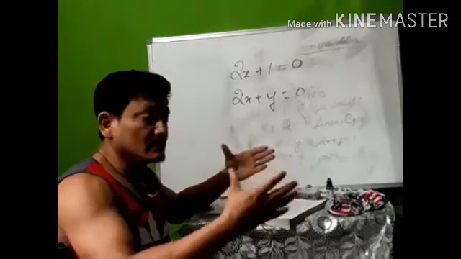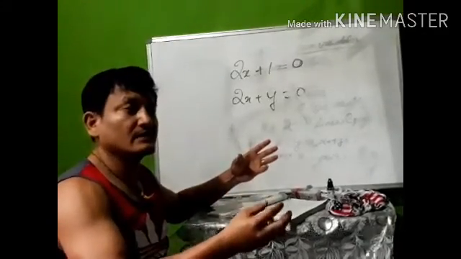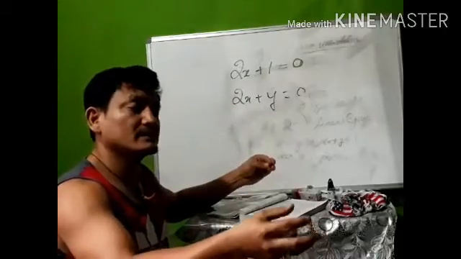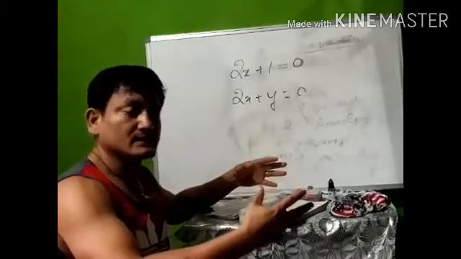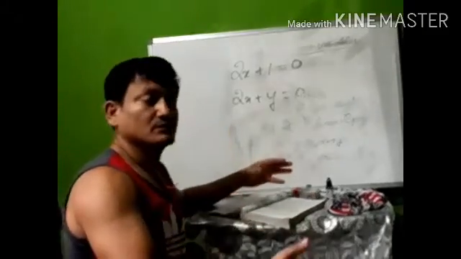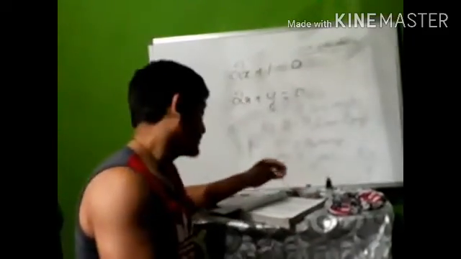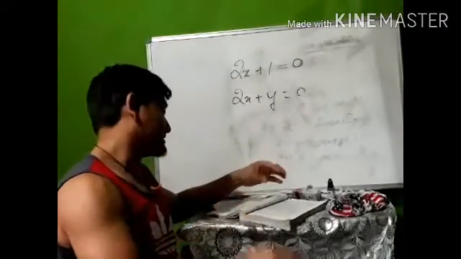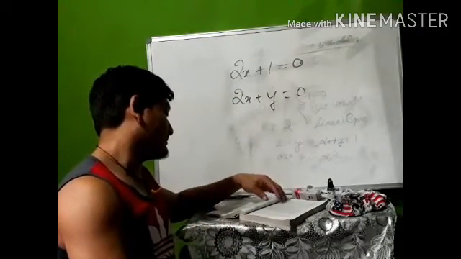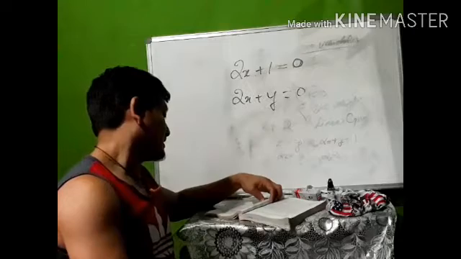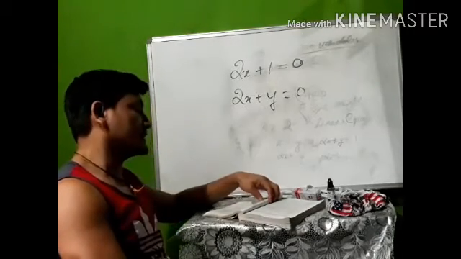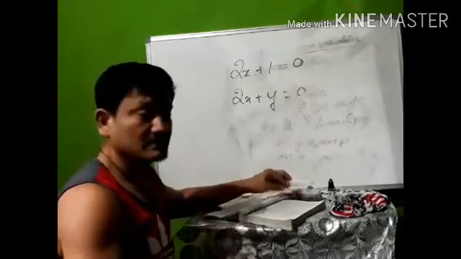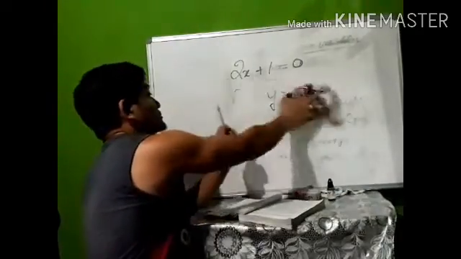Okay, so the small condition given here is that if the cost of the pen is 10 rupees, then the cost of the notebook will be twice. Twice means 2 into 10, that is 20. So this is the thing that is given as a condition. You have to write the linear equation using a variable. The cost of the notebook is given as x and the cost of the pen is given as y. There is already a hint in the book also.